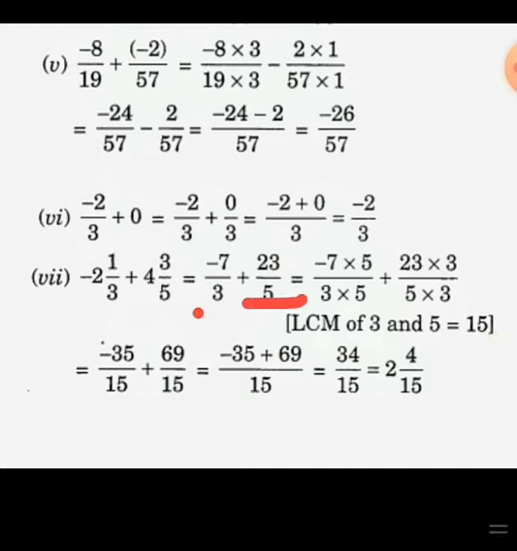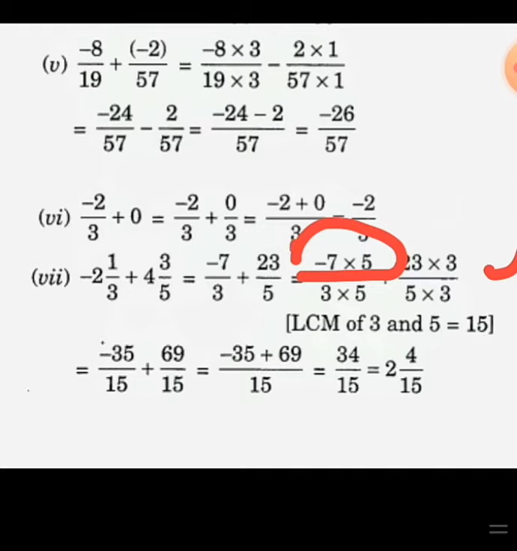Now we will take the LCM of 3 and 5. LCM of 3 and 5 will be 15. Okay, so the denominator of both should be 15. So the first fraction is 7 upon 3, right? With what number will we multiply so that we get 15? We know that 3 5s are 15. So we need to multiply this part with 5. So the first fraction we will multiply by 5 and for the second fraction, 5 3s are 15. So this fraction we will multiply by 3. So this way we will do the multiplication. Now first we will multiply the numbers and then we will keep this negative sign. The negative sign is given so you need to keep it with the answer.